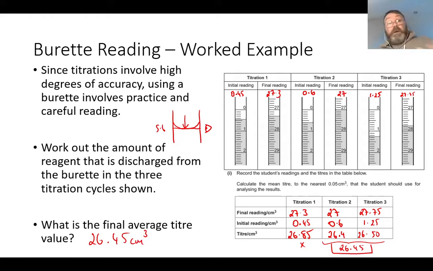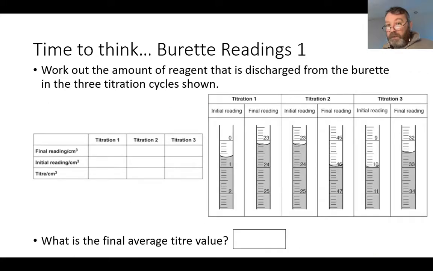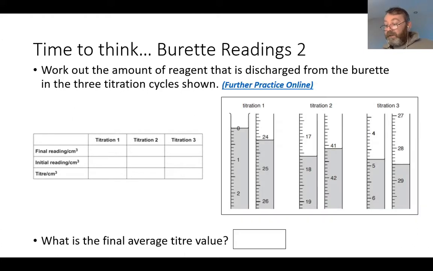Okay, now that's the example I'll do with you. I'm now going to leave you with a further two. This one, which you can now pause and do. And notice, by the way, before you pause anything, notice there's a proper U shape here. Okay, but do the same thing. Take the 3 trials and then fill in the table. And then this one, which again I'm going to ask you to do. Take the 3 trials, work out the initial and final readings,